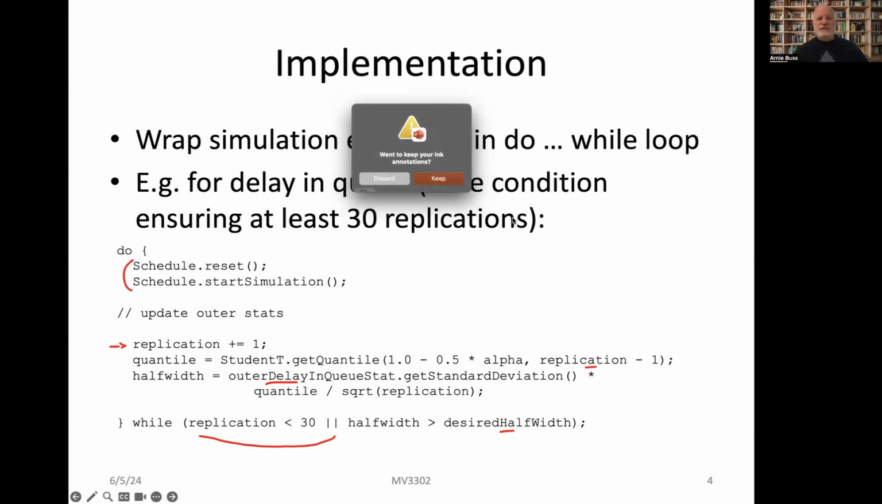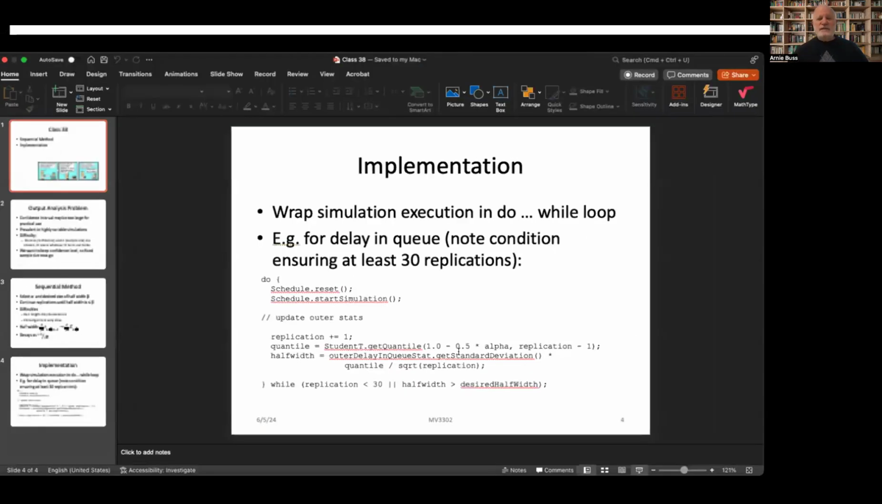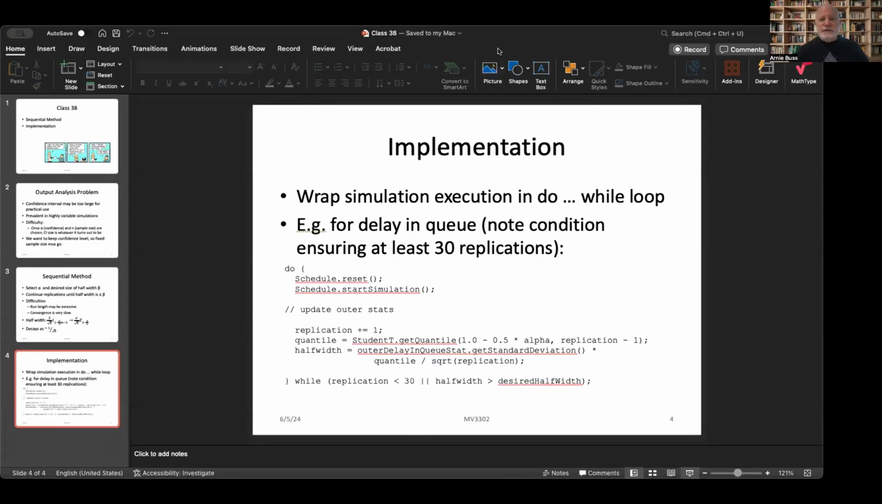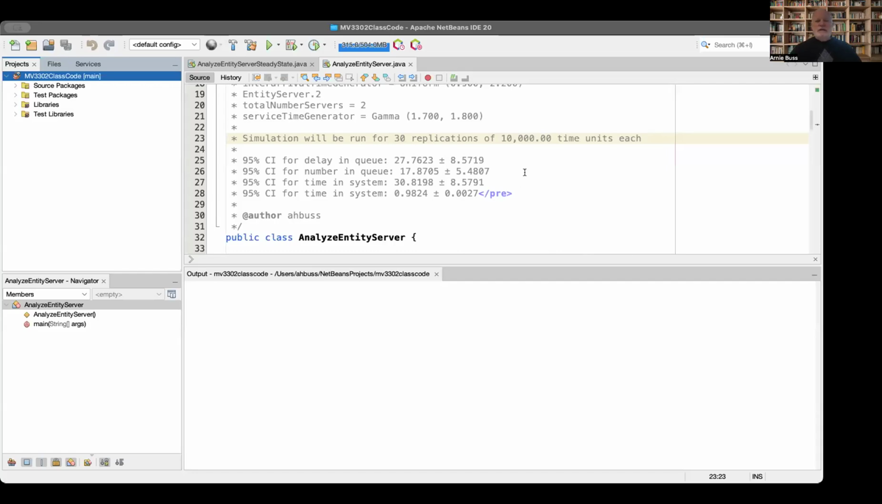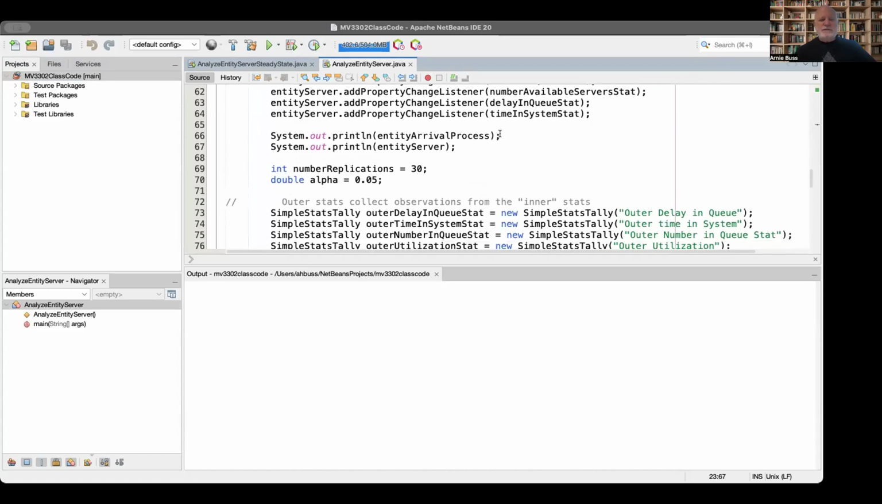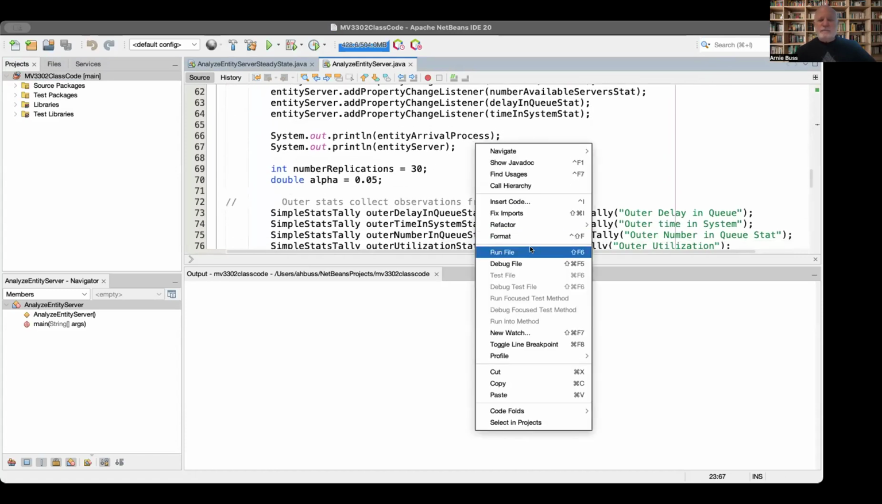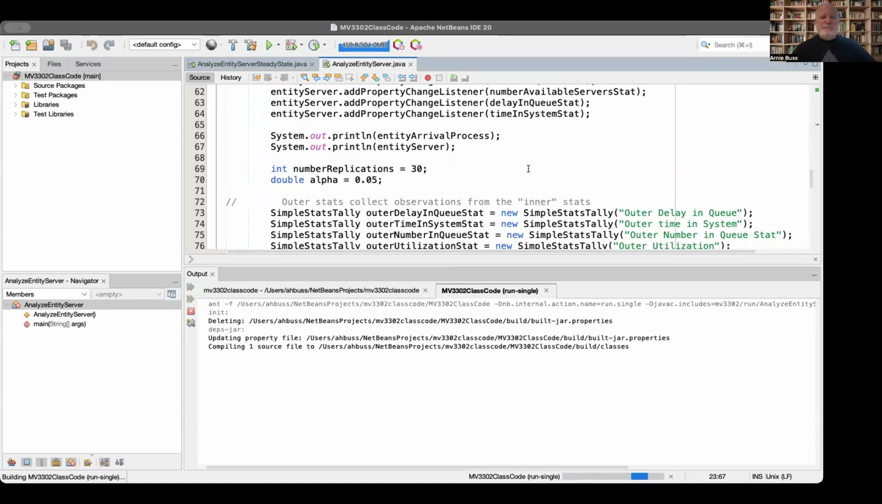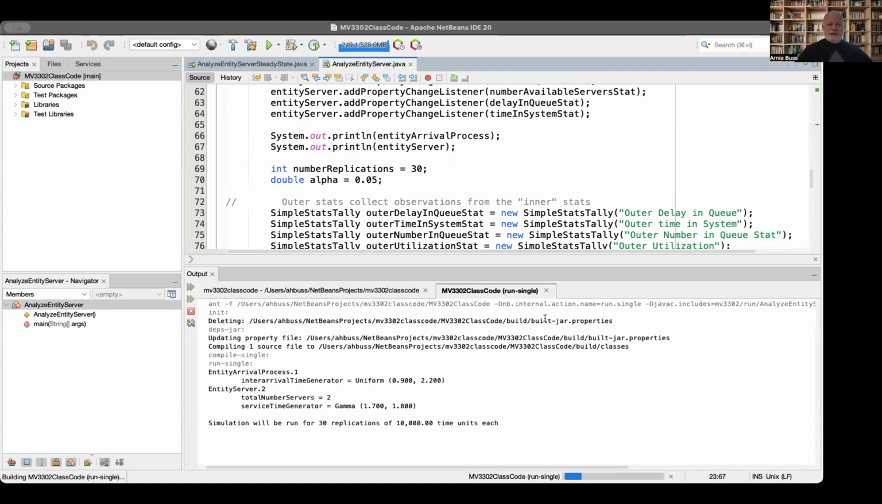Okay, let's see what this looks like. So let's look at the terminating case. For the Java, I have it on for both the terminating and the steady state, so we'll do the terminating first. This is what we did yesterday with the fixed sample size. And if you remember, when we ran it,